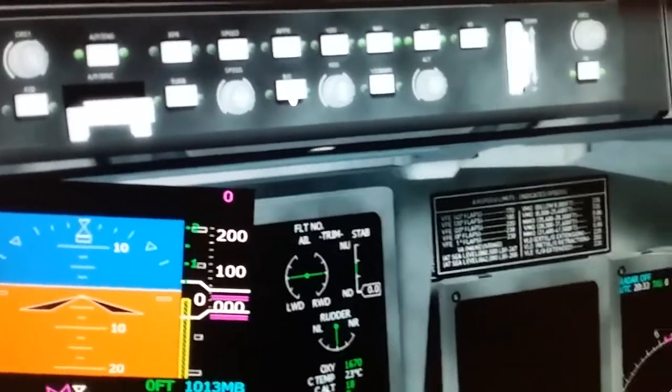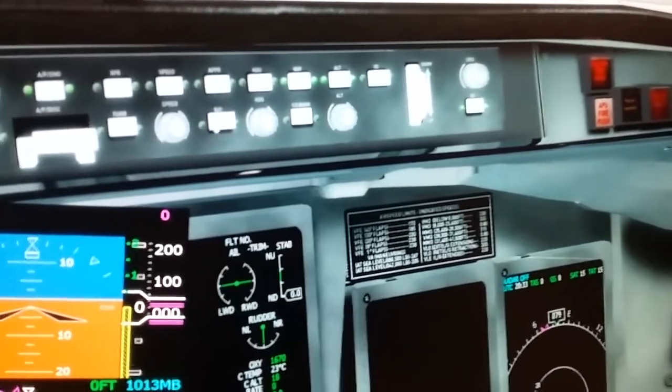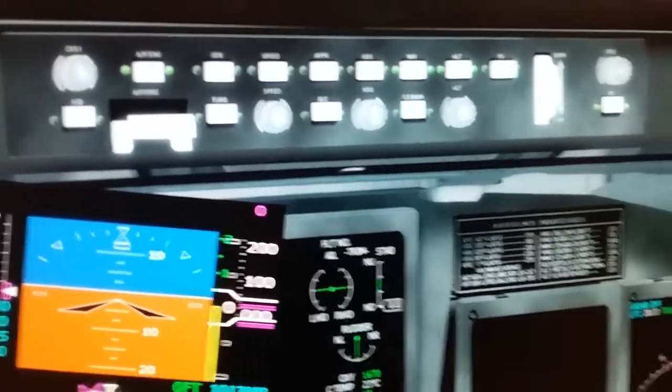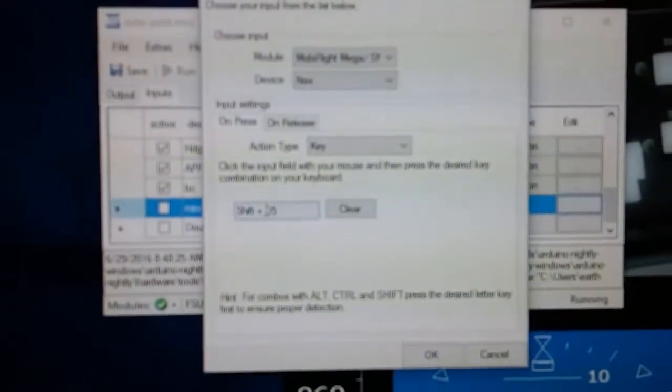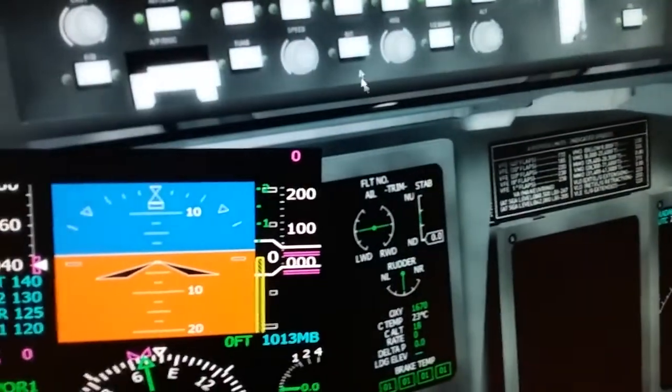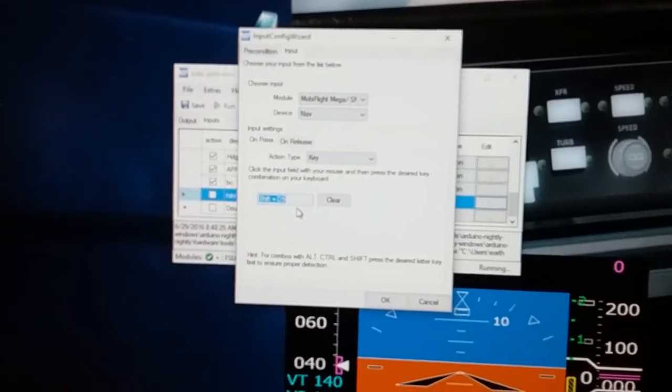For instance, if I came to the software and I wanted to push this BC, or I believe that's back course, when you click that, if you want to record that click and then have that recording assigned to, let's say, shift 5 in the keystroke, you could come over here and just type in the key command, shift 5, and it throws up a shift 5 there, and it will assign that key to shift 5. That means that every single time that I push BC here, it's going to run the same thing as if I typed shift 5 on my keyboard, right? And so I push that, it interprets it as if I put a shift 5 on the keyboard,